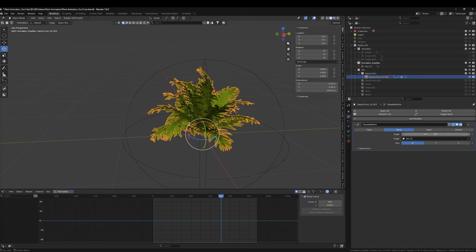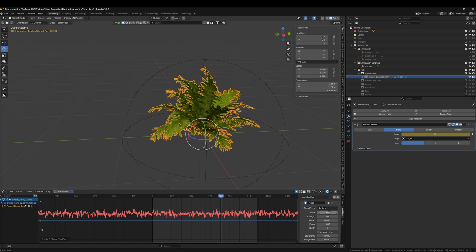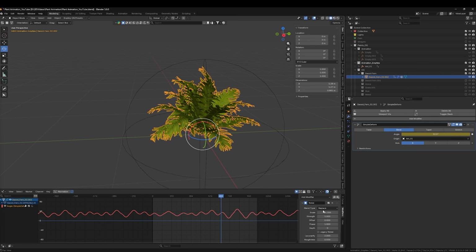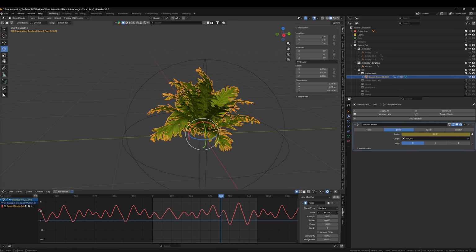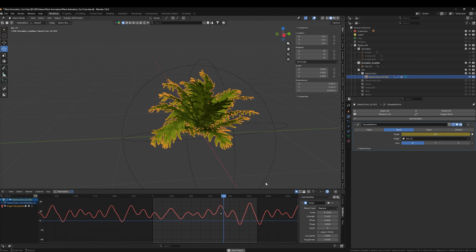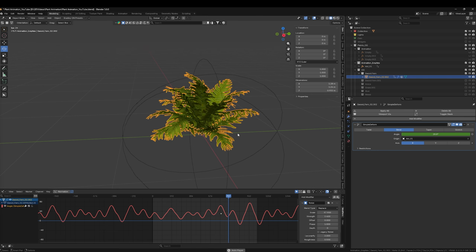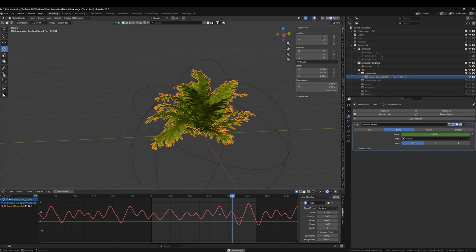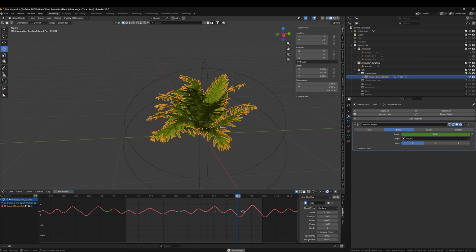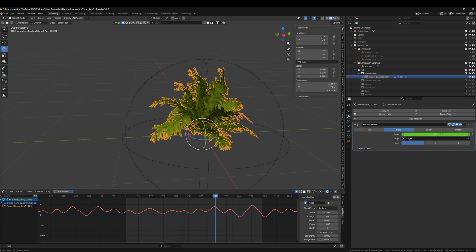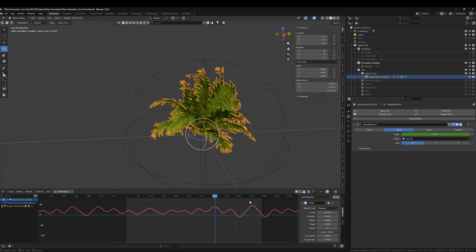So we can actually use the same principle and keyframe the angle. And then under the angle, we can also use a noise modifier. And then we're going to also increase the scale, just so it looks a little bit better. Now we can see this is a little bit random, but we can also see that this is a bit too strong. And the reason is that we did our single keyframe when it was like 60 degrees, and